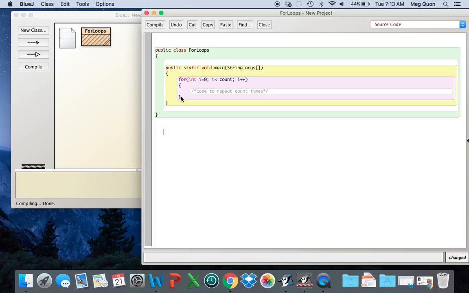So, in contrast, while loops are also used to repeat a section of code. However, a while loop is used to repeat a section of code as long as some condition is true. So, instead of having a fixed number of times the code is run, the code asks a question before each time it runs, clarifying whether or not the condition holds true, and the